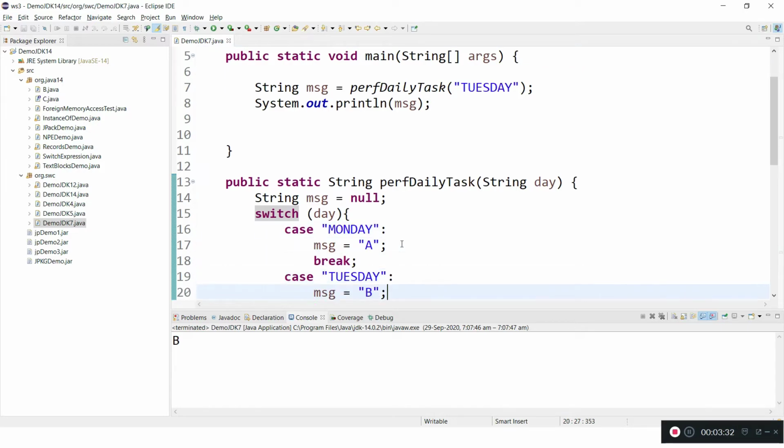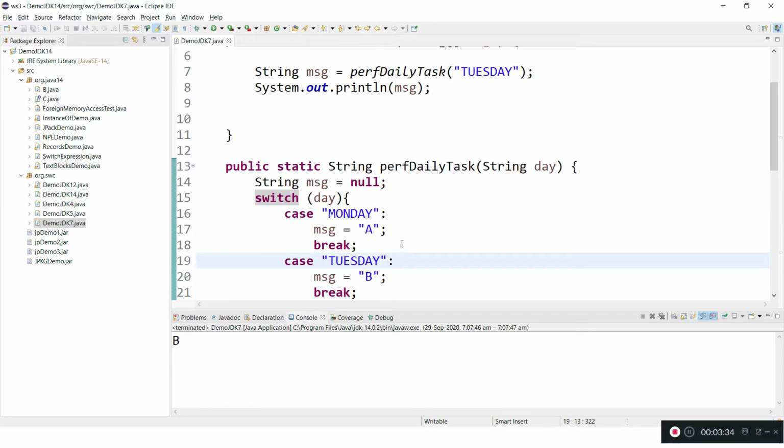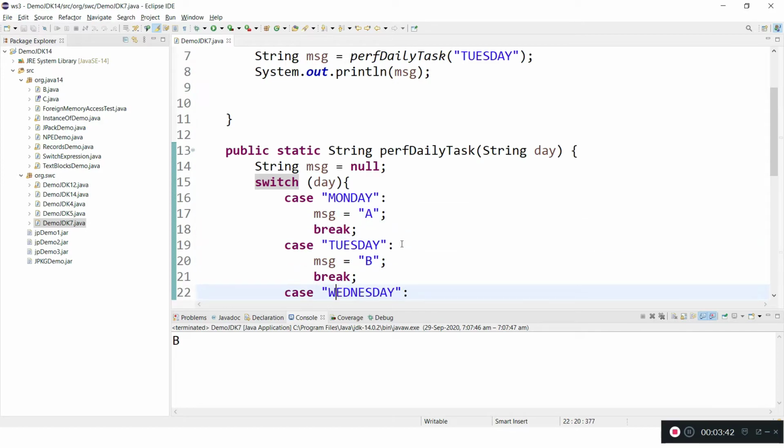Case 2 got executed and B is getting printed and the message is returning B, but let's say I forgot to keep the break, then what will happen? The output is C, but I am expecting the output of B.